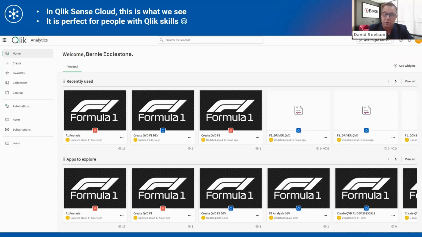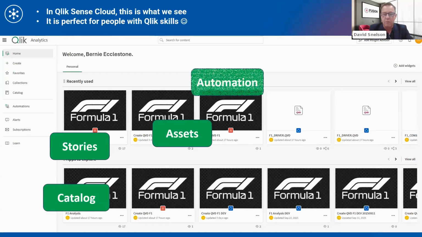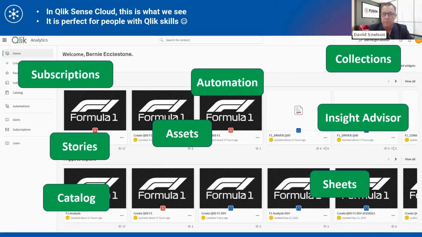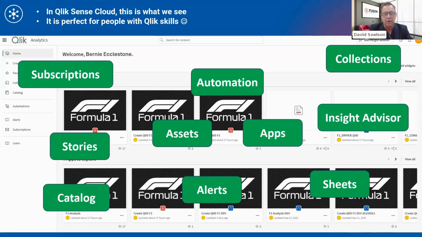But if you're me and you do not understand how to use Qlik Analytics, then I'm confronted with a naming convention that I don't really understand. I'm not familiar with an insight advisor or stories or assets or apps. I'm not daft, so I will be able to go on a learning journey and understand this, but it's going to take me some time. So let's move forward away from Qlik and